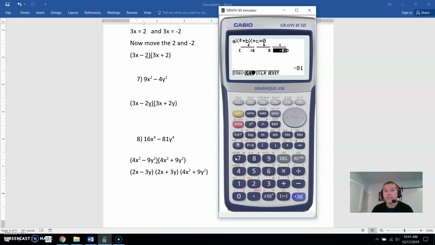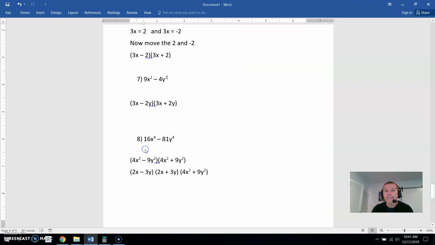So there's the setup of how to enter that, and then when you solve it, you get these solutions. Like for example, right here is a fraction form, 9 over 4. Well, that 9 over 4 is the same as saying x equals 9 over 4. You'd have to cross multiply to get 4x equals 9, and then you have to subtract the 9, so you get